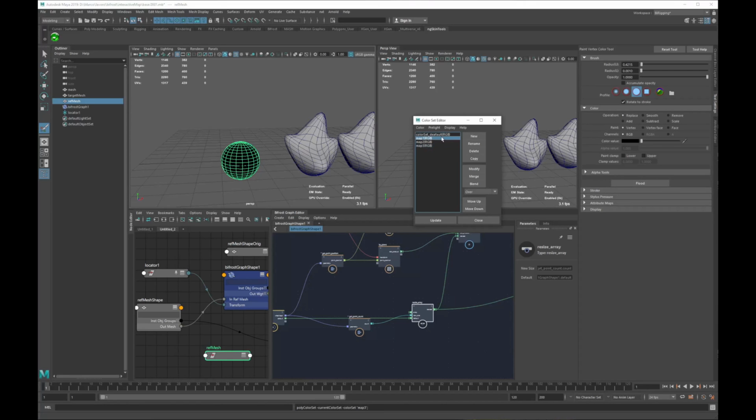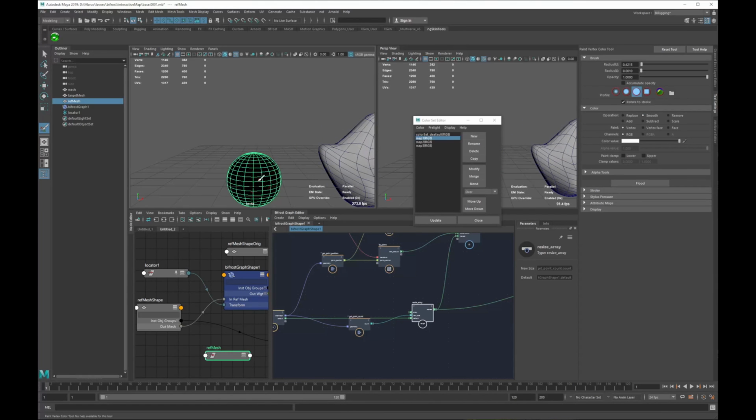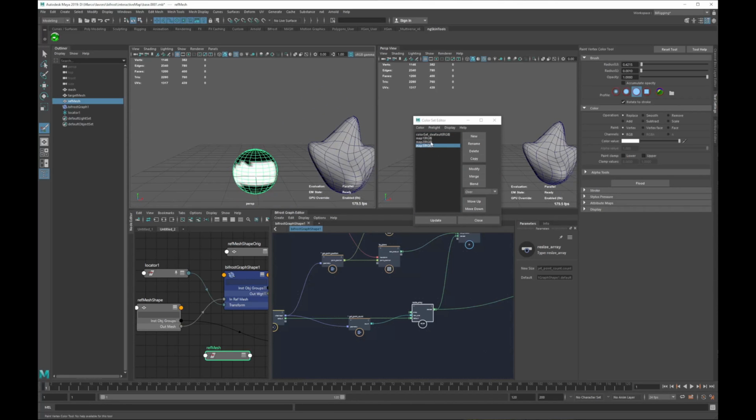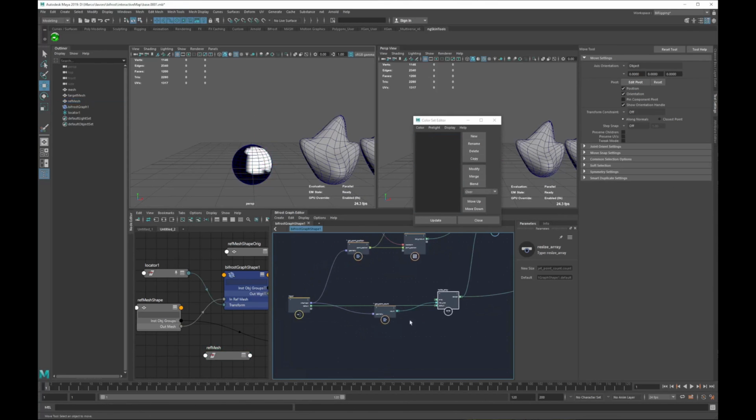So we start to have all the three maps very empty, and now we can color. So let's do the, sorry, I changed the smooth by mistake. So this will be our first map, this will be our second map, and this will be our third map, for example. Okay, 1, 2, 3. And of course, the default is the one that we don't want to use. So now we have our